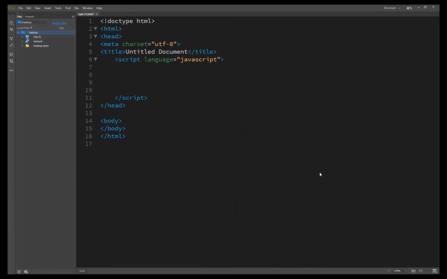So here we are starting our task number 31. It's about calling functions from the text. It's a really nice method used by JavaScript. One of the benefits of JavaScript is being able to add interactivity to elements of the HTML pages. One way you can do this is to set up links in the HTML that actually trigger calls to JavaScript functions when the link is clicked.